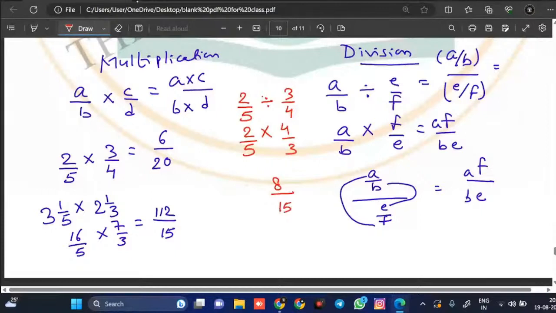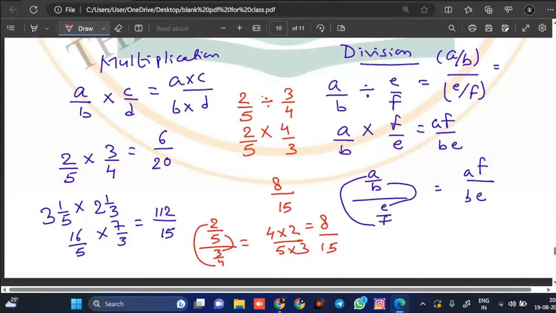ठीक है, same question अगर ऐसा लिखा होता 2/5 divided by 3/4, तो ये जाके multiply हो जाता है यहाँ पे और ये multiply हो जाता है यहाँ पे, तो ये हो जाता 4/2 divided by 5/3। और ये करके देख लेना, 4 2 जो होता है 8 और 5 3 15, तो it comes the same answer। तो ये चारों चीजें, ये जो operations है, ये बहुत बहुत बहुत important है with respect to the fractions।